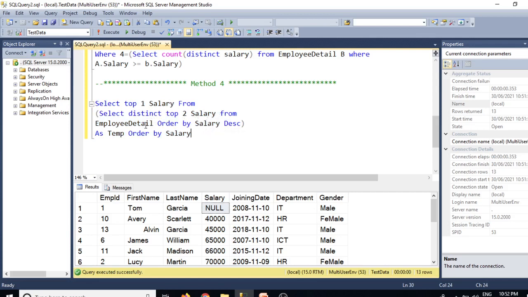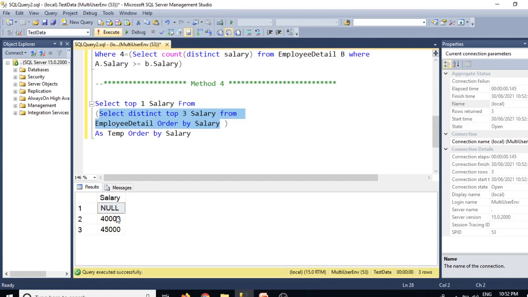Just reverse. First, inside this query we'll get the top 3 salaries. Suppose you want the third lowest, so select distinct top 3 salaries from employee detail order by salary, and we want ascending order. Earlier for the highest we wanted descending order. So this will give us 3 salaries, and it will consider the null values as well.